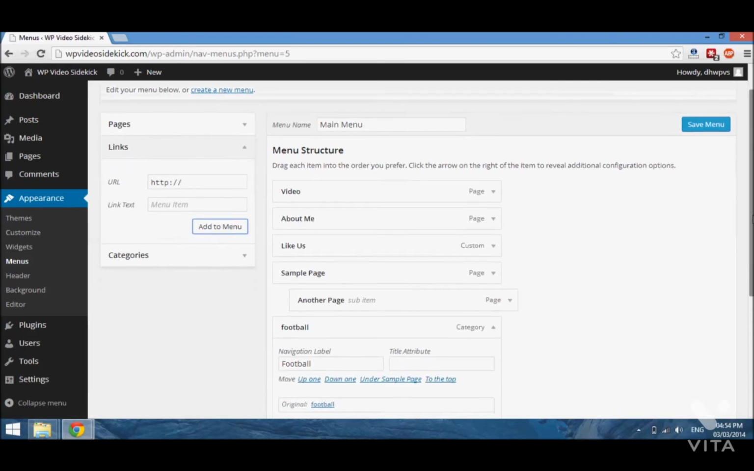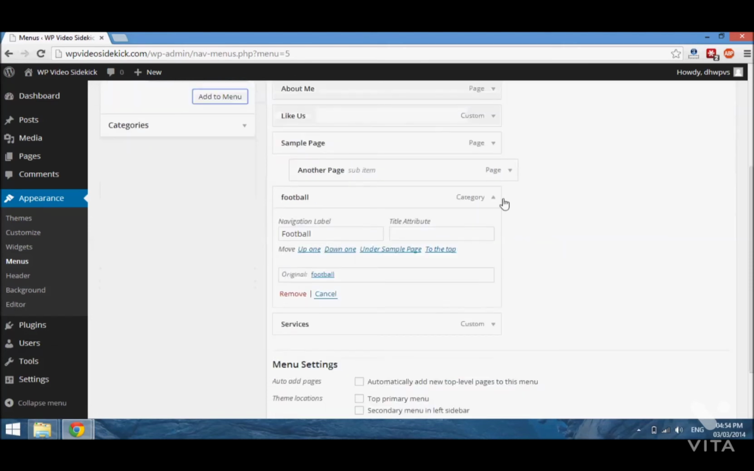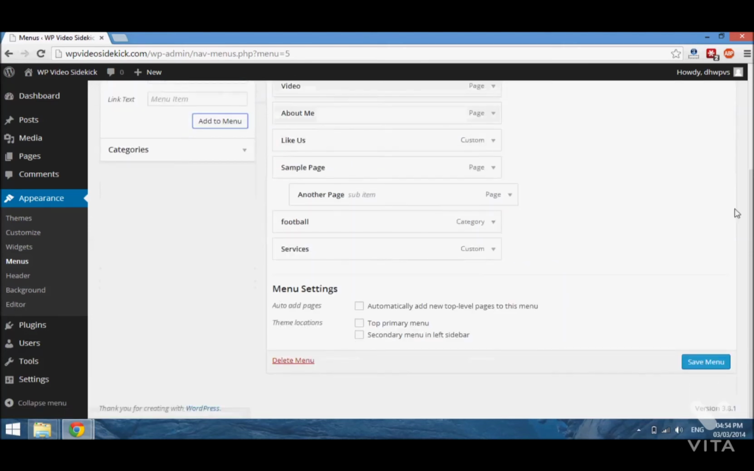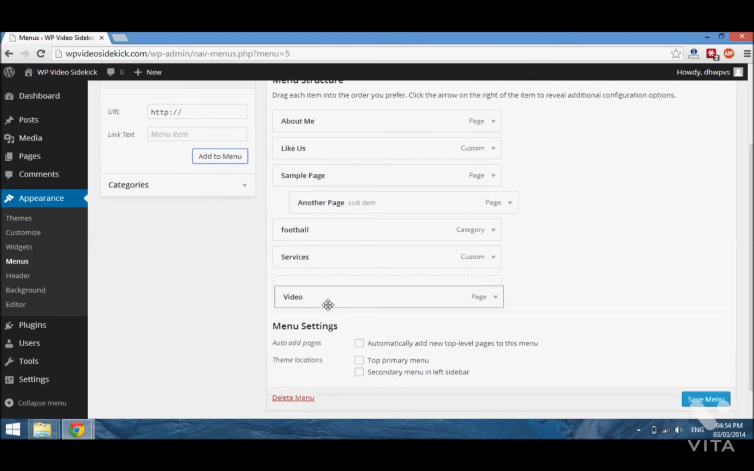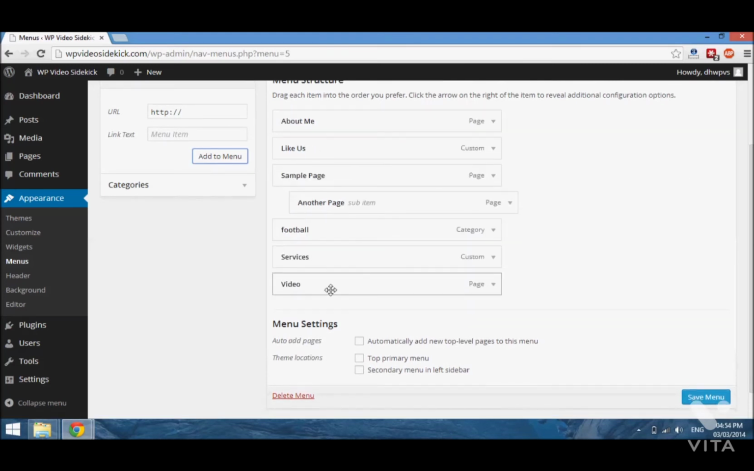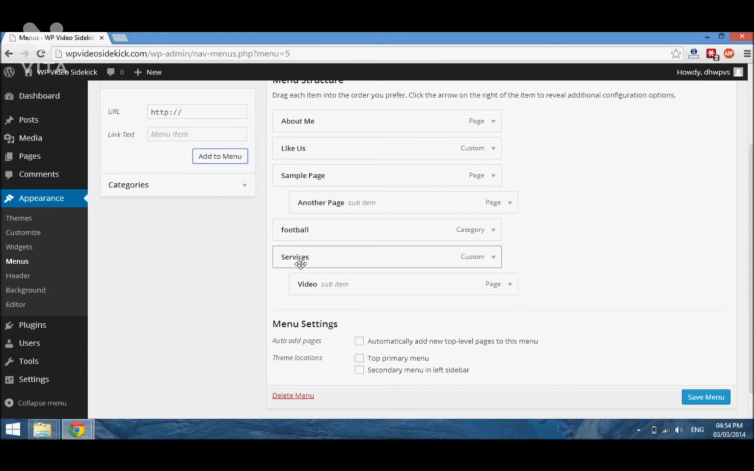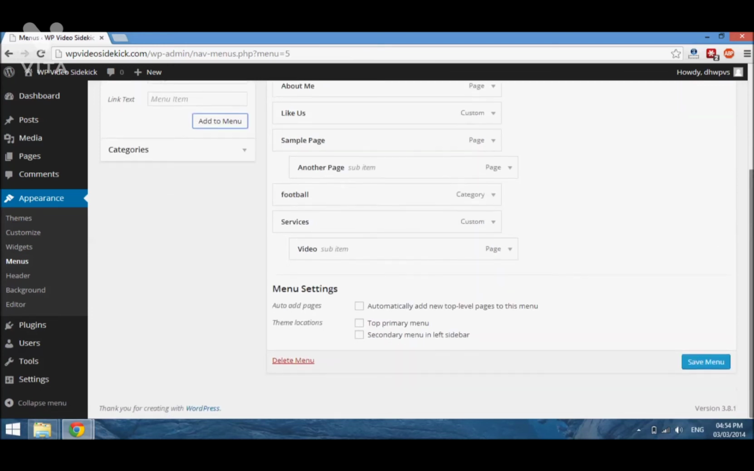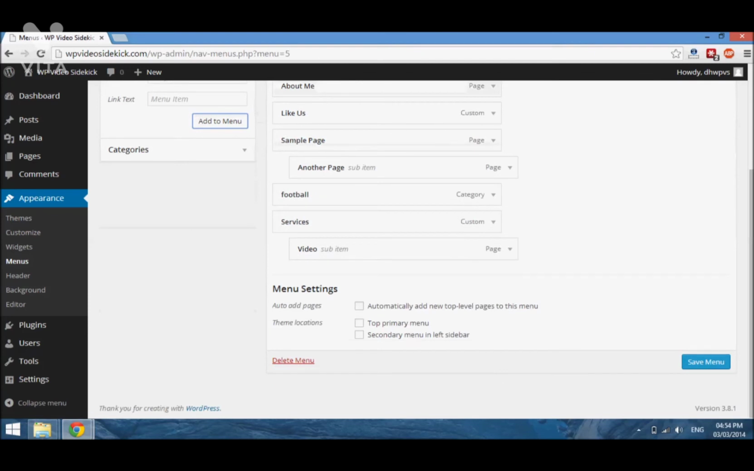and say, for example, one of the services that you wanted to offer was video. So we drag the video below. Excuse me. And we would drag the video out to the right so that it would appear as a sub item of this page. And now once you have customized your menu to your liking, and you can always come